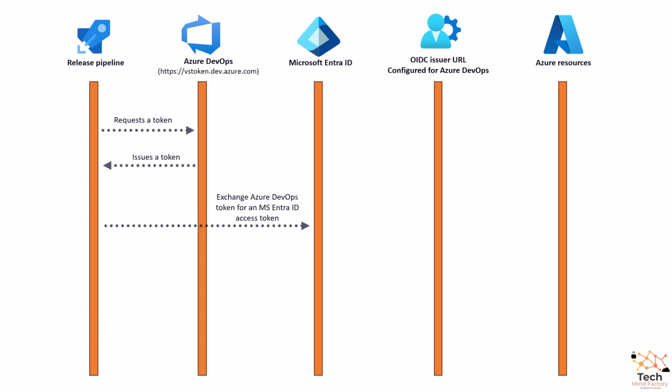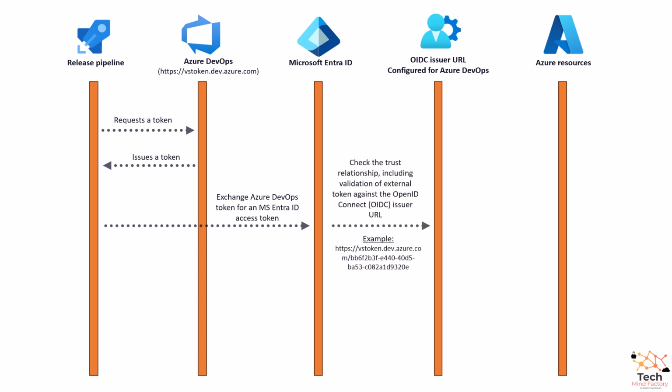So we obtain the Azure DevOps token, we go to Microsoft Entra ID, and we are exchanging the token for the access token in Entra. And what is happening then is this. Microsoft Entra ID is checking the trust relationship, including validation of the external token, against the OpenID Connect issuer URL, okay? So in this case, Microsoft Entra ID is validating this token that was received from a release pipeline